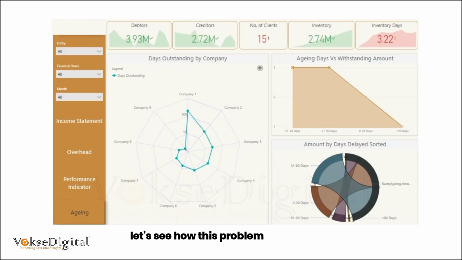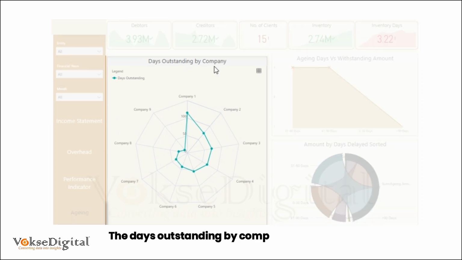Now, let's see how this problem is addressed using an aging dashboard in Power BI. At the top, key financial metrics such as debtors, creditors, number of clients, and inventory provide a quick snapshot of the organization's financial health. The days outstanding by company radar chart highlights payment delays across different entities, allowing CFOs to